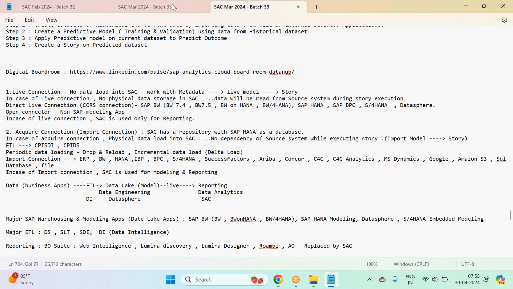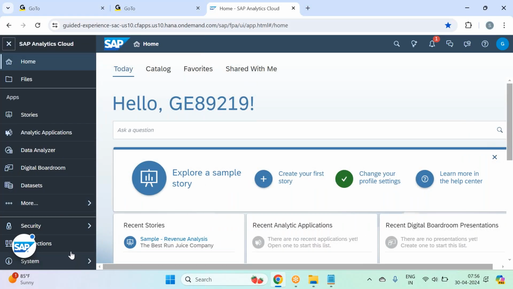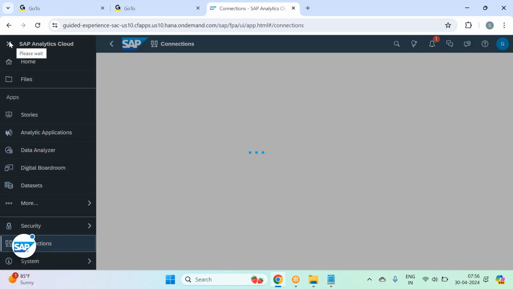Maybe if I show, here you see, if I go onto the connections,